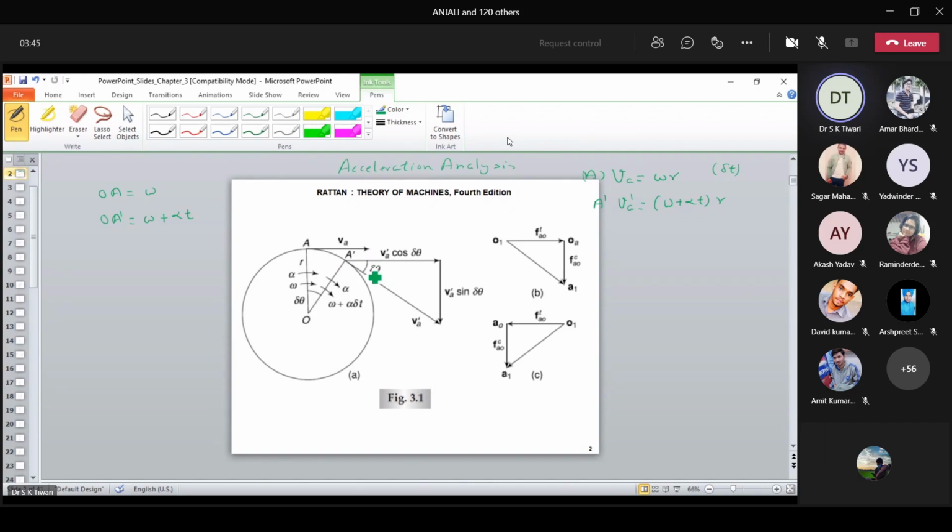These are the two components, at an angle theta. Am I right? So right now I'll be talking about change of velocity